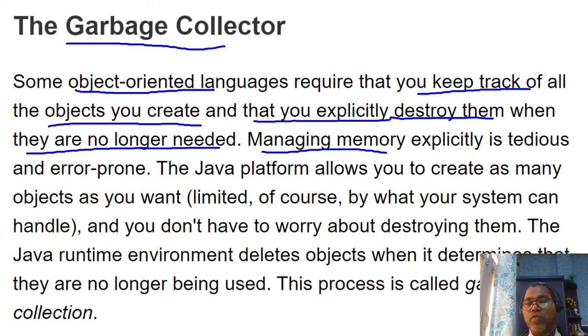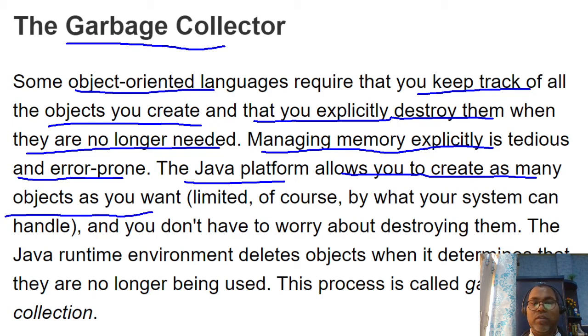Managing memory explicitly is a very tedious and error-prone job. The Java platform allows you to create as many objects as you want, limited by your resources and the number of available system handles, and you don't have to worry about destroying them. You create the objects as your business logic needs, and don't worry about how to destroy the memory.